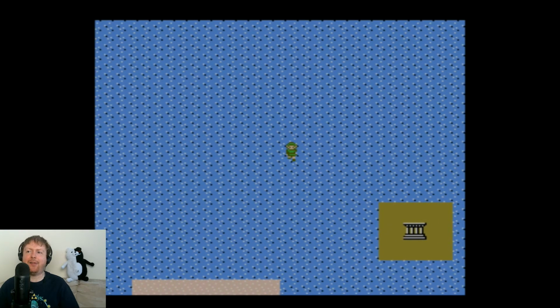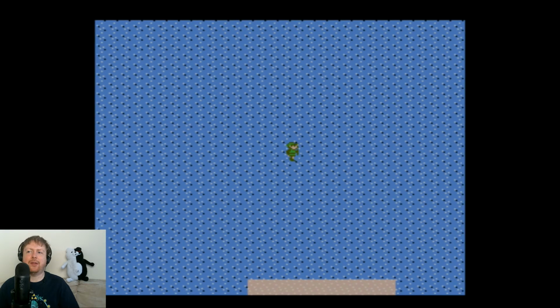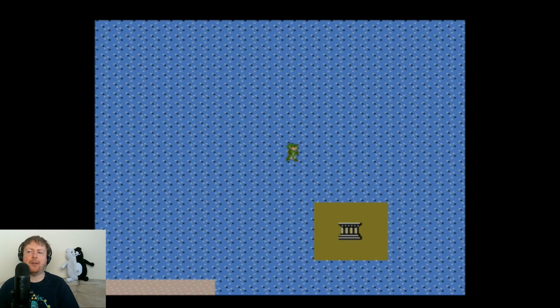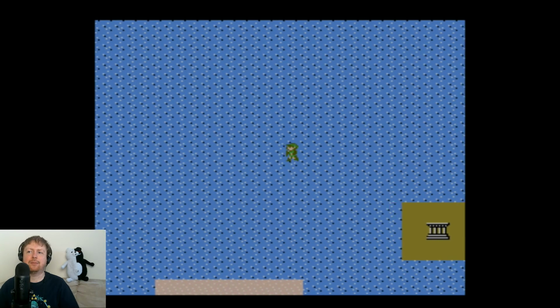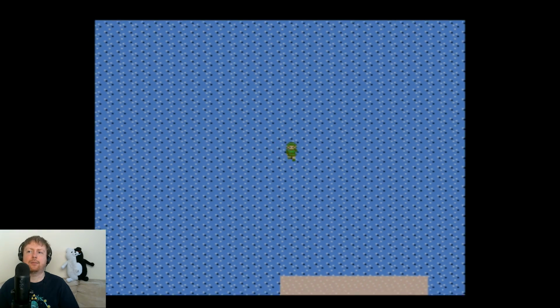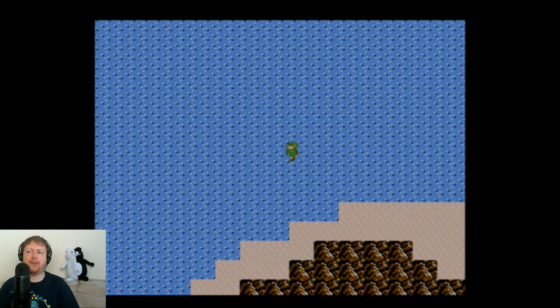So again, the palace is right there. We could literally just walk up to it. Basically, again, since all the tiles look exactly the same, we want to sort of feel for where the way out is. There we go. And now we want to sort of get to this island, because the main reason we come here,